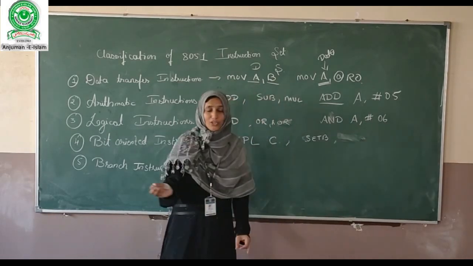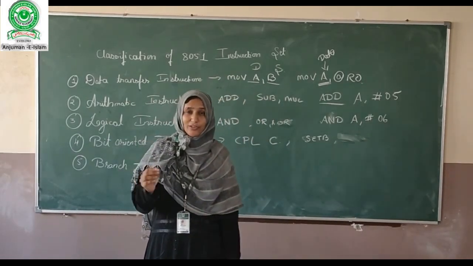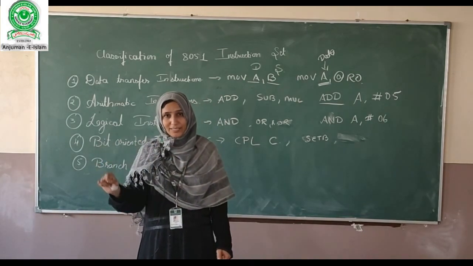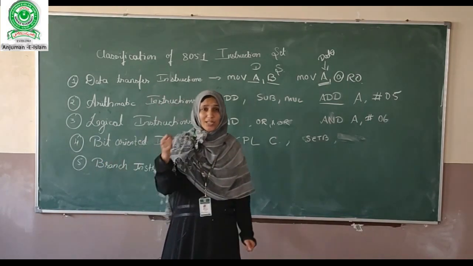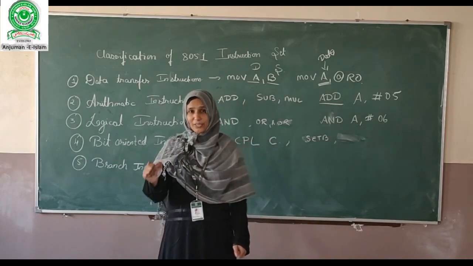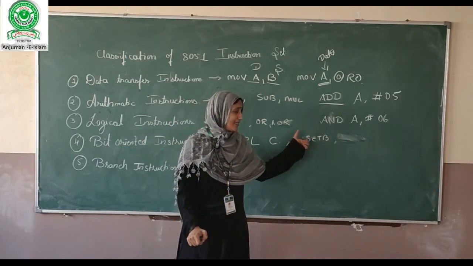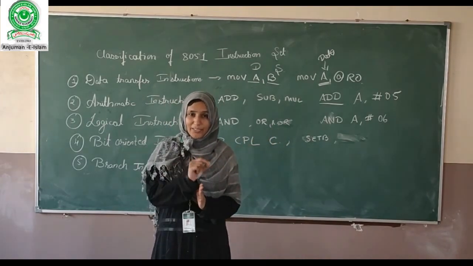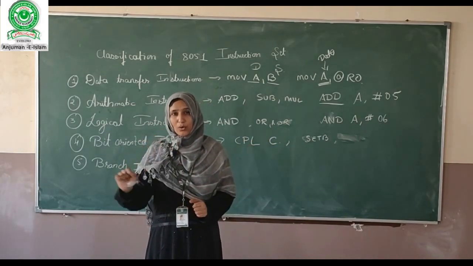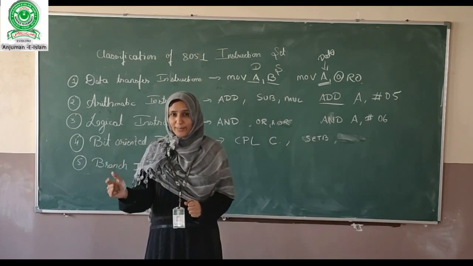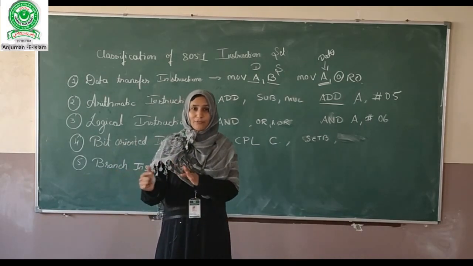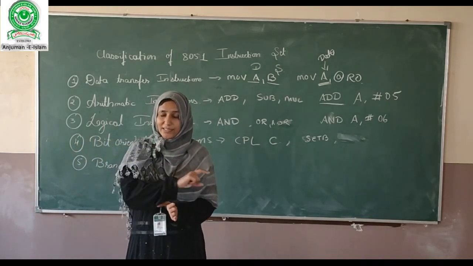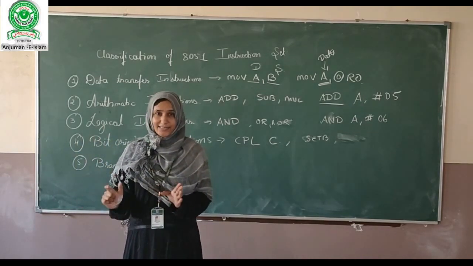Or set bit, clear bit. If you want to set any one particular bit, suppose you have assigned a complete variable name for 8 bits, and among them you just want to set or clear one particular bit, you can just use this set bit and clear bit instructions. Then only that one bit of the whole byte is going to be 1. Or if you want to make that particular bit a 0, only that one bit will be made 0 and all the other bits will remain as they are.